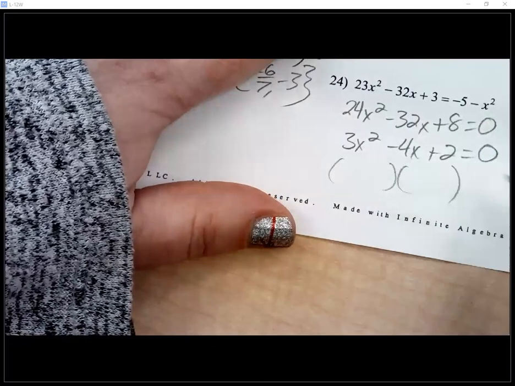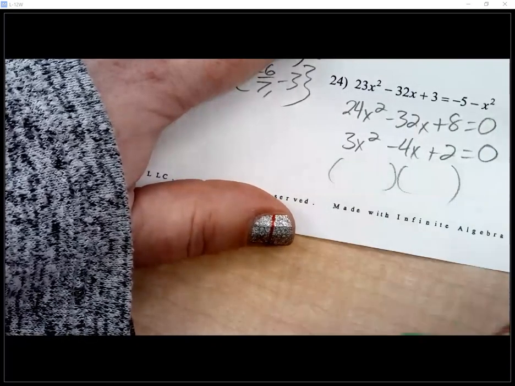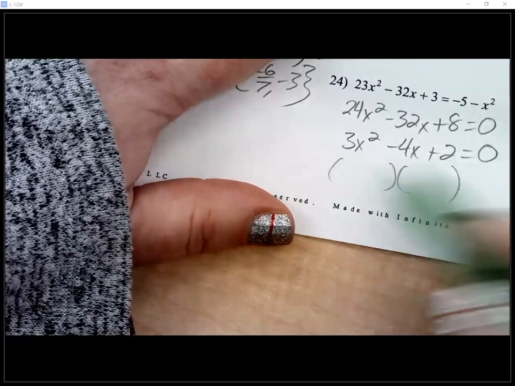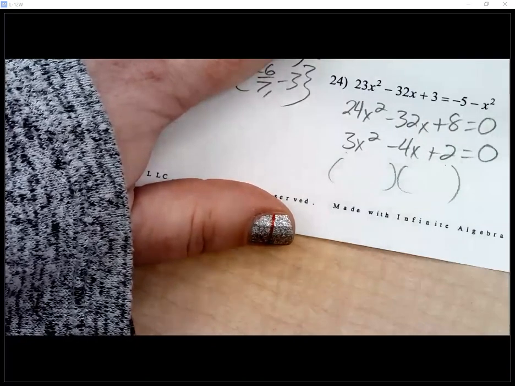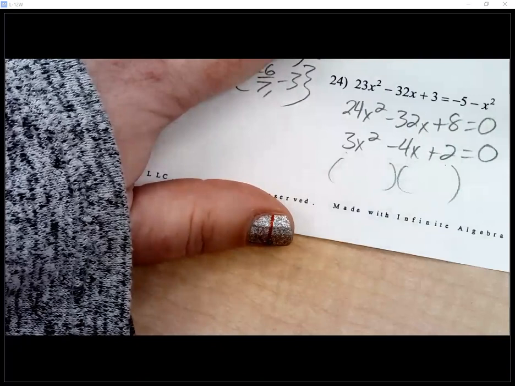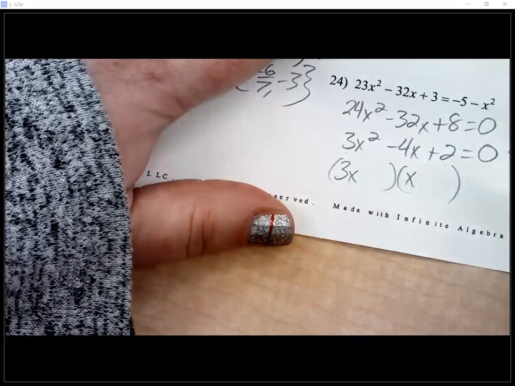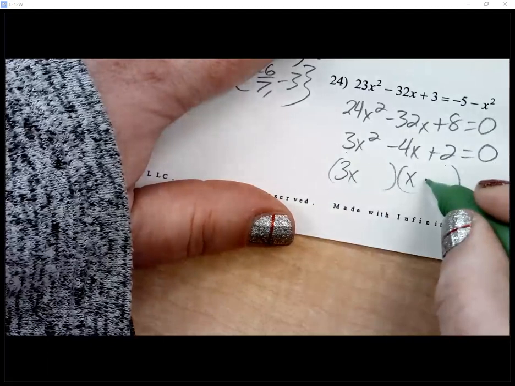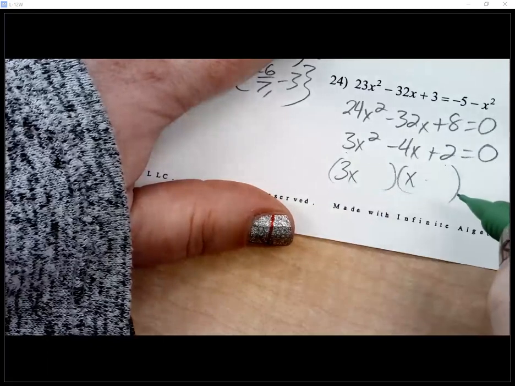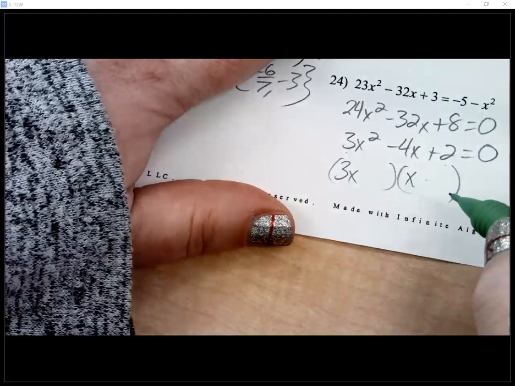Here, you could do slide and divide on all of them, but when your ends are prime, you might as well just do a guess and check, right? Because you'd have a 3x and an x. And then let's see, I'd want a 1. The +2 would be